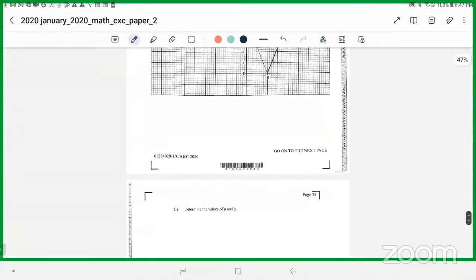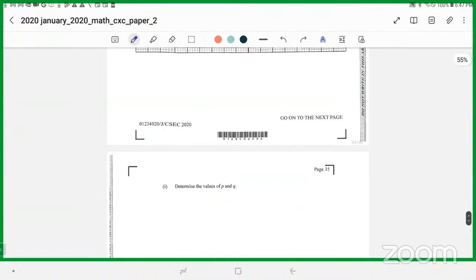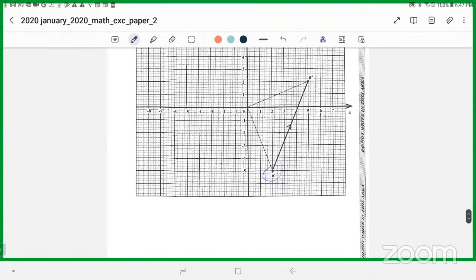It says determine the value of P and Q. The point R is 2, -5, and it is mapped onto this point, 5, 2,